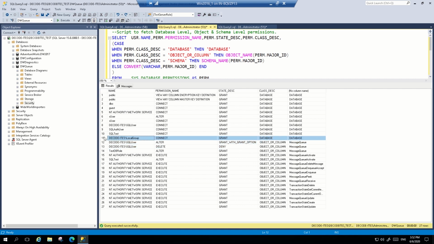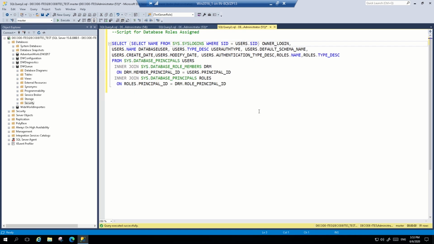Now we have decode ITS local group. This is Windows group that we have added as a login, and now we added this user as a database user. It can connect to SQL Server database. No other permission assigned to it.